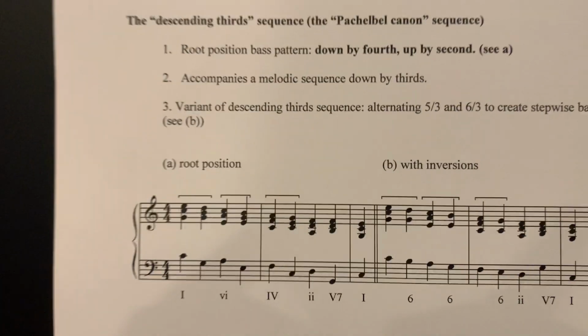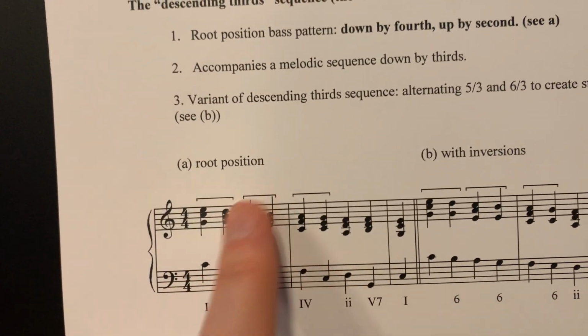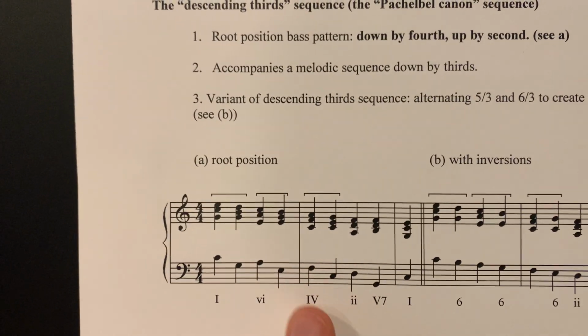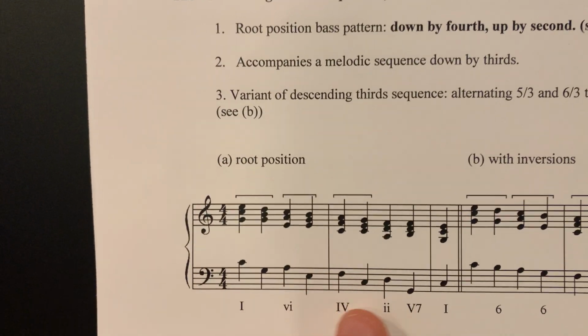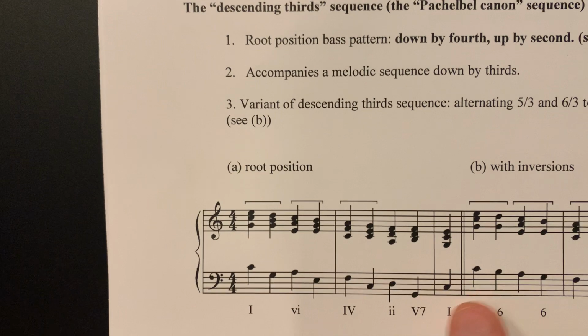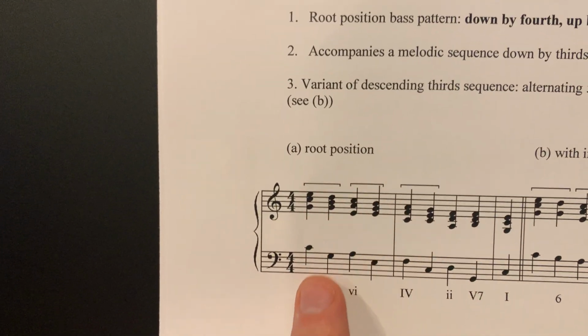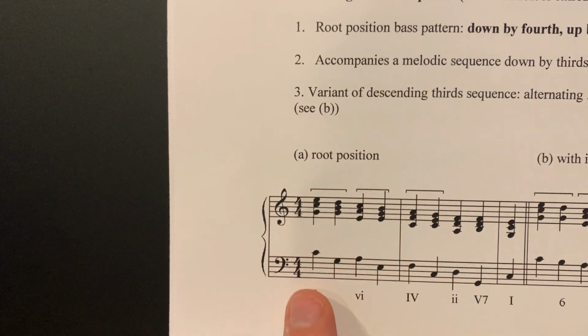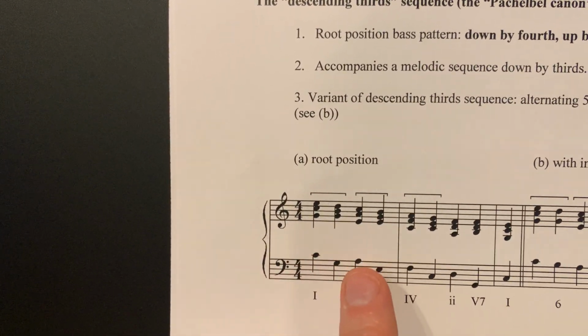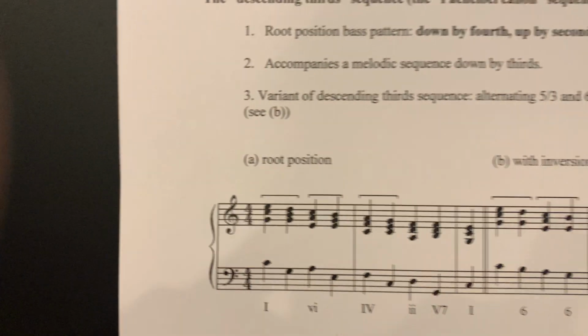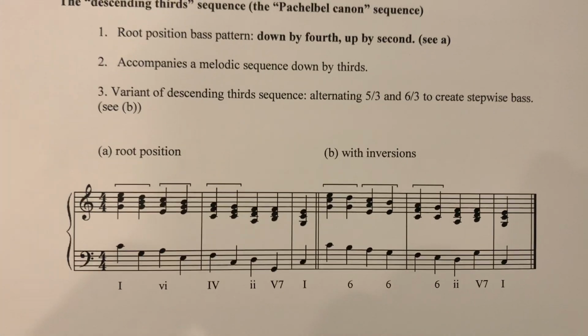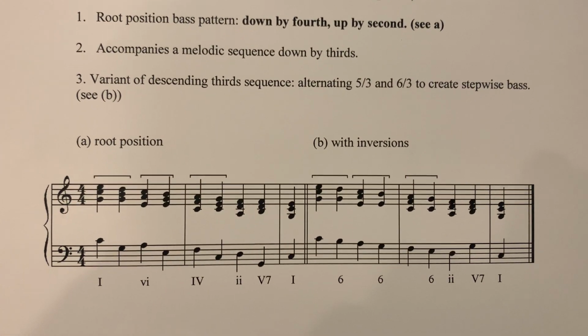And this one now usually stops at some point. In actual music, the composer tends to stop it somewhere around either the 4 chord or the 2 chord, and then we do a predominant, dominant, tonic. But basically, the chords in between on the weak beats tend to be kind of weak, and the chords on the strong beats are kind of falling down by thirds. It's just a really nice way of harmonizing this, and you can easily link it up at the very ending with some